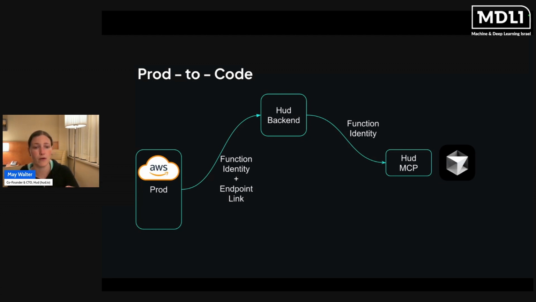And we also link those metrics to the flows in which they run, meaning the endpoint or the event consumer. And all of those are stored so that the HUD MCP can get that function identity and match it locally to what is seen in the local machine of that user. So 3 different users can pull the repository on 3 different paths on different computers and still be able to see how they perform in production, even if they are in different lines or slightly different because of the deployment